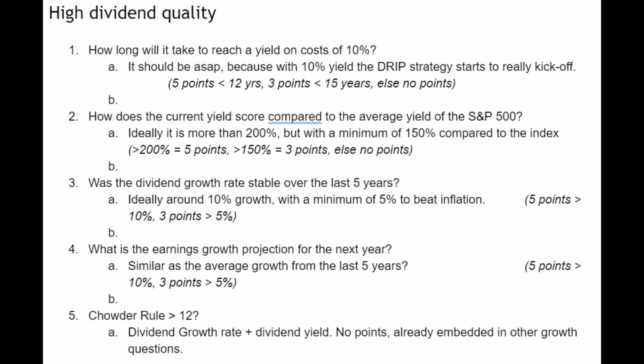So that is quite a good one to do. How does it compare against the S&P 500? I mean, you can automate some of these, and I have a lot of these automated through G Sheets. I can get the S&P 500 dividend yield and compare. I just have a little formula and I can fill in these. So it's definitely good. And then the dividend growth rate over the next 5 years and earning projections, it's all